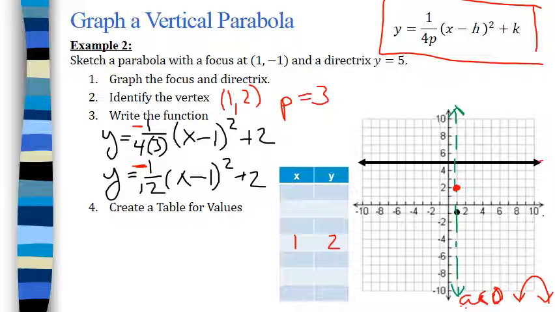So if I look at this, if I make this negative 2, negative 2 minus 1 is negative 3, squared is 9. Negative 9 divided by 12 is negative 3/4. So negative 3/4 plus 2 is 1 1/4, 1.25. So if I graph negative 2, 1.25, graphing somewhere here. And if I use 1, 2, 3, 1, 2, 3 symmetry, that should be another point,